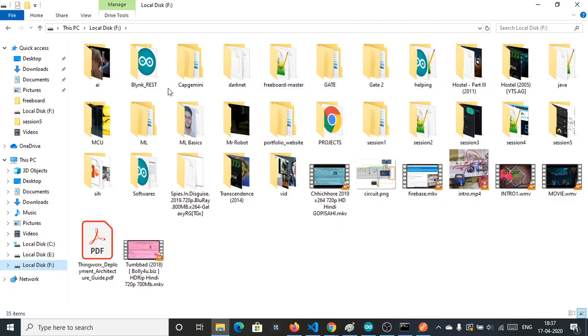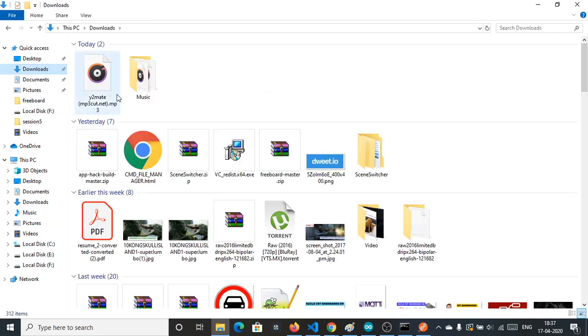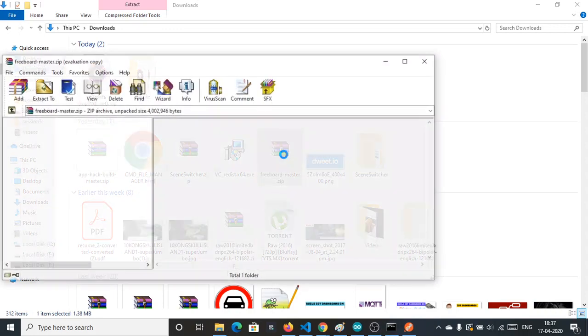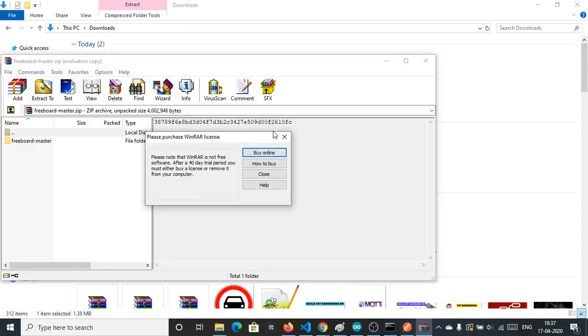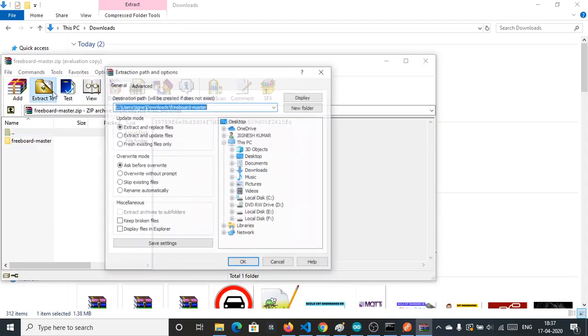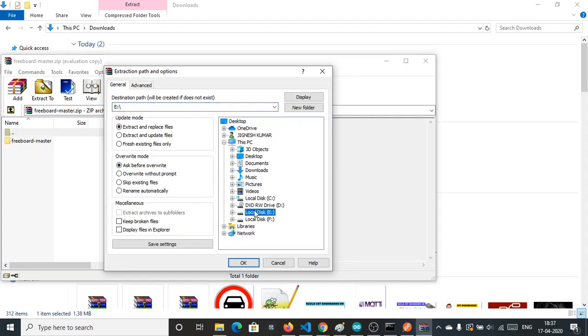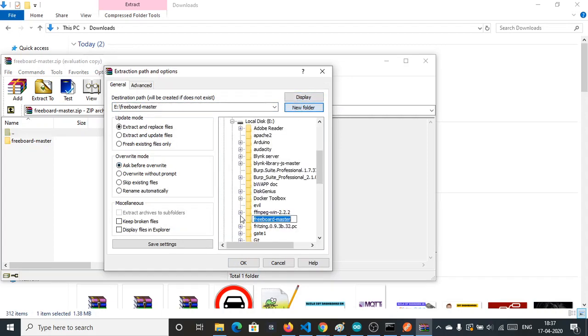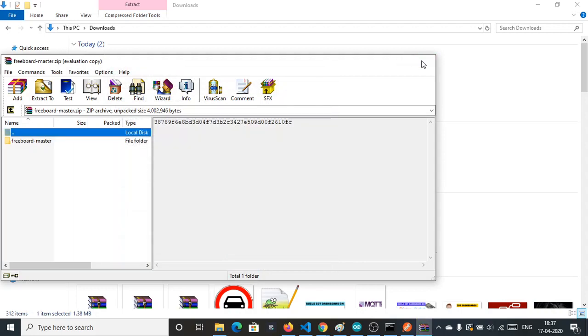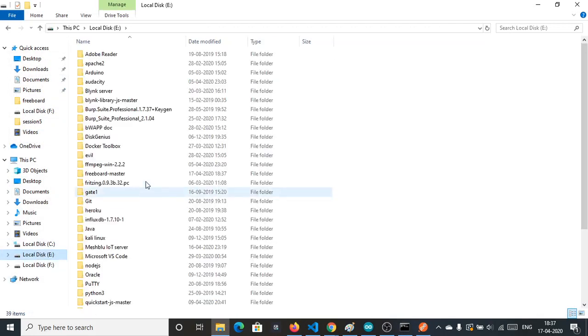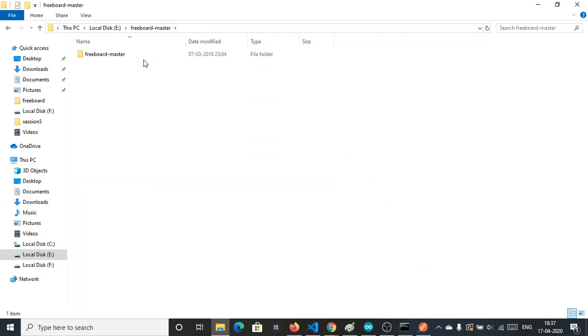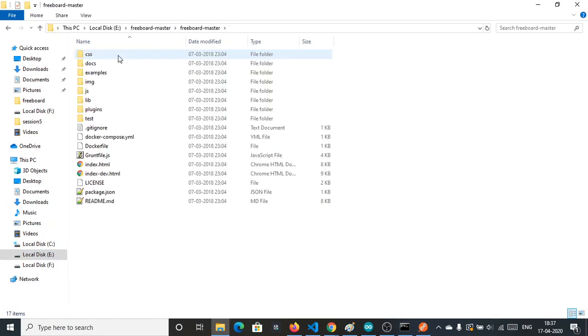As soon as you install it, yeah, so here is our zip file which we have downloaded. Now you need to extract it anywhere in your computer. And as you extract it, yeah, these are the files in it.